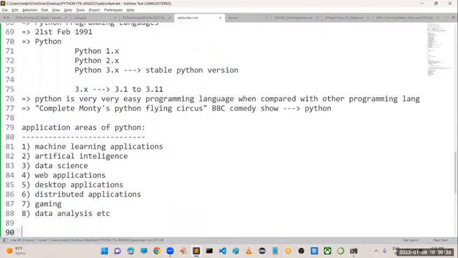Like this, we have different areas where we can use Python.